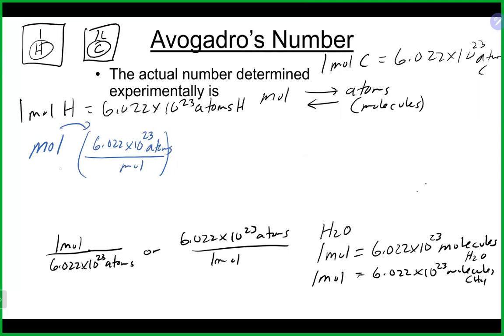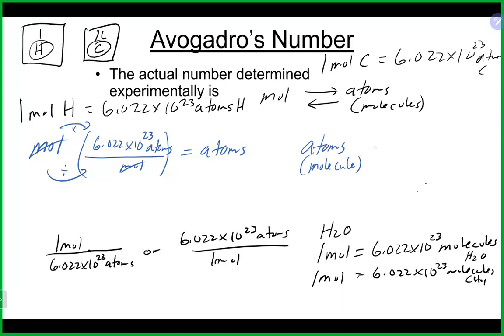Again, dimensional analysis, opposites cancel, right? Multiply the top, divide the bottom, moles cancel. You're left with atoms, or you could do that in molecules as well. If you are starting with atoms or molecules,